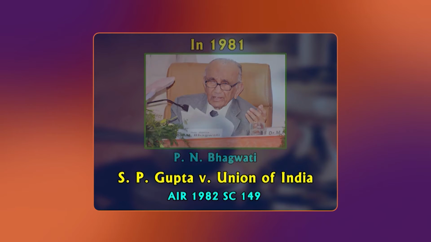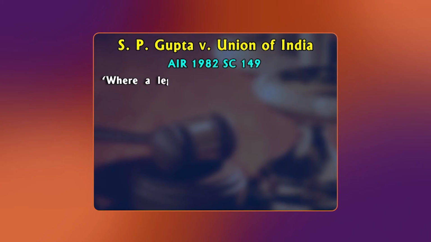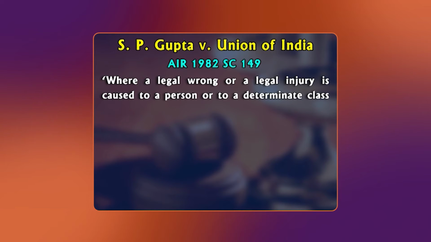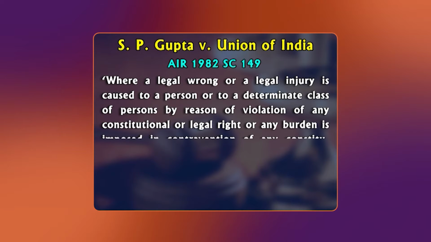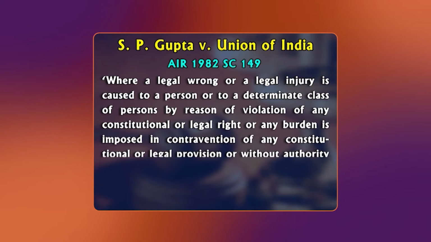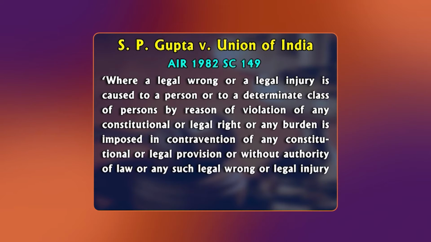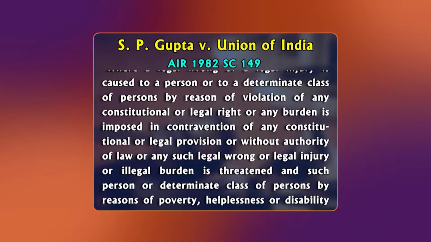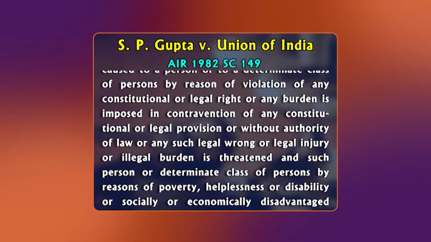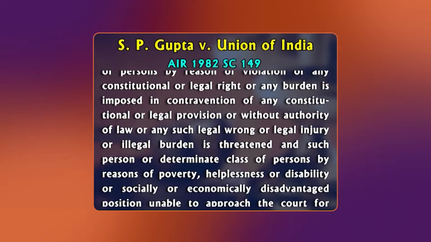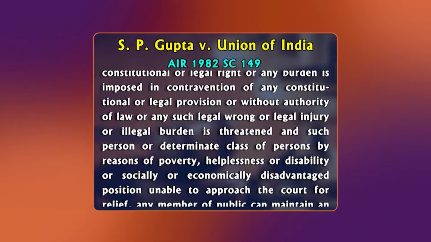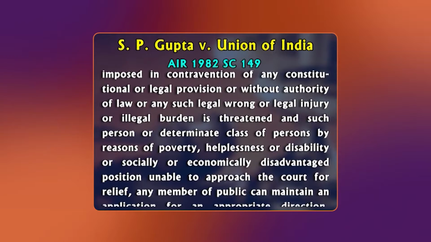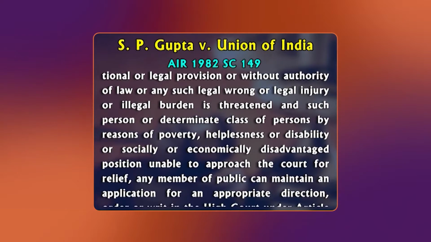Union of India articulated the concept of PIL as follows: where a legal wrong or a legal injury is caused to a person or to a determinate class of persons by reason of violation of any constitutional or legal right, or any burden is imposed in contravention of any constitutional or legal provision, or without authority of law, or any such legal wrong or legal injury or illegal burden is threatened, and such person or determinate class of persons by reason of poverty, helplessness or disability or socially or economically disadvantaged position is unable to approach the court for relief,